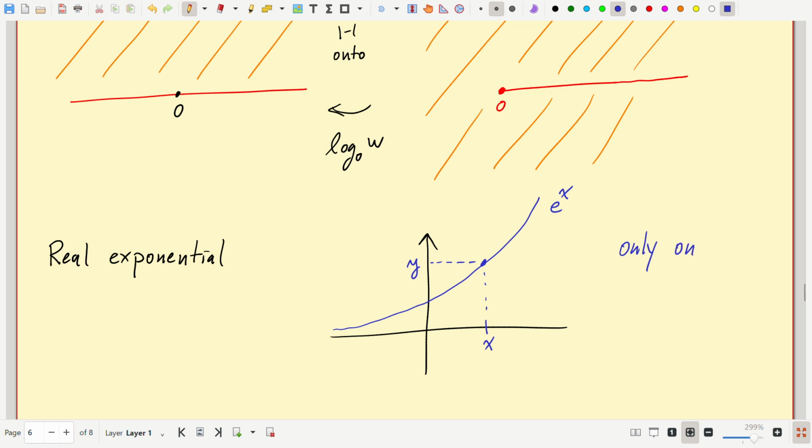Only 1 y with e to the x equal y. So we define it, y as the natural log of x. And that's simple. That's only defined for positive real numbers. The great thing about the complex exponential, it's defined for any